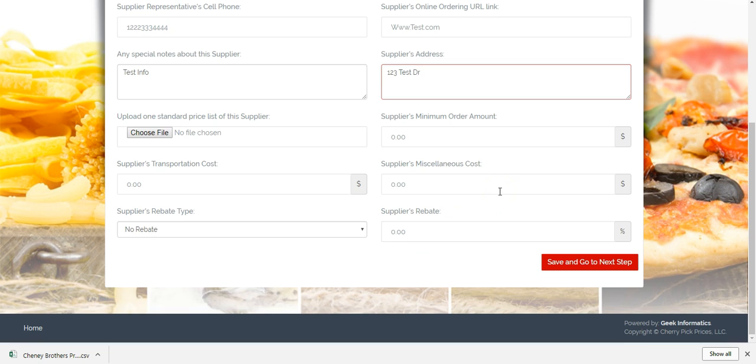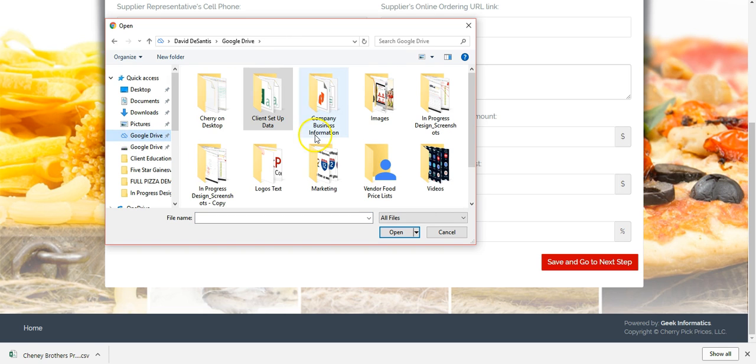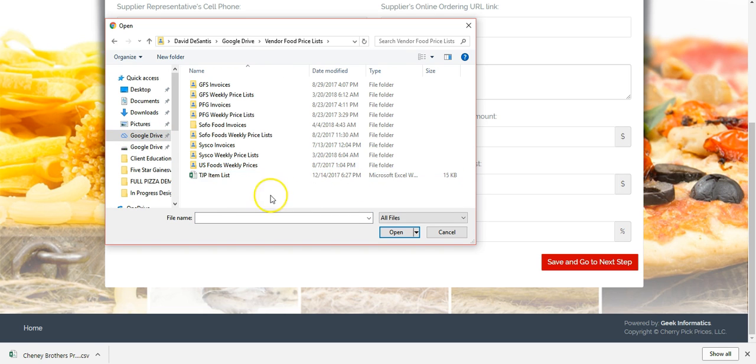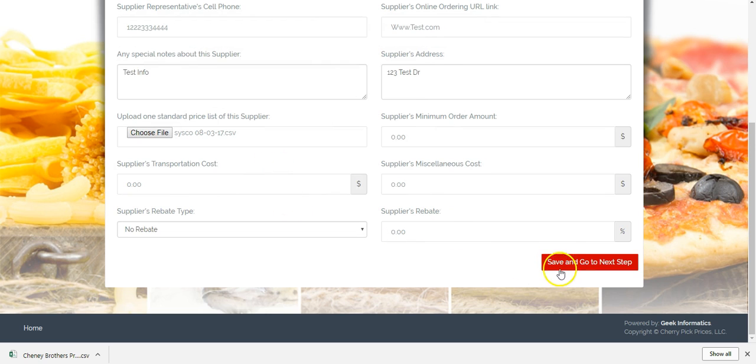Okay, and the real purpose is to show you what happens with the order guide, so we'll go ahead and click choose, and let's pretend that for the first time we've downloaded a Cisco price list, or it could be anybody's price list that has this situation, and I'll just choose one. You can see I have all kinds of Cisco price lists. And then when we click save,